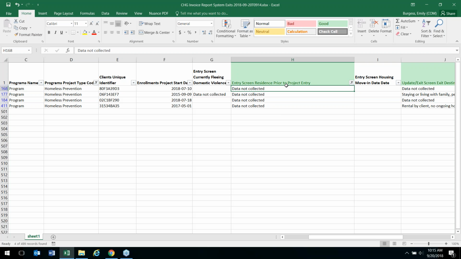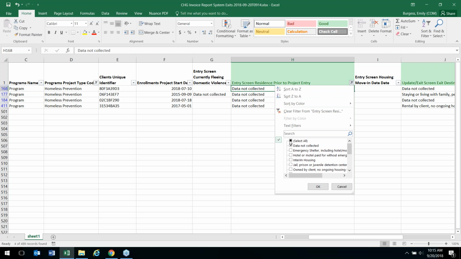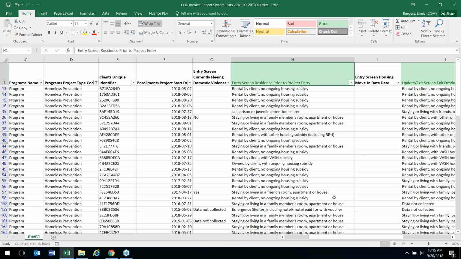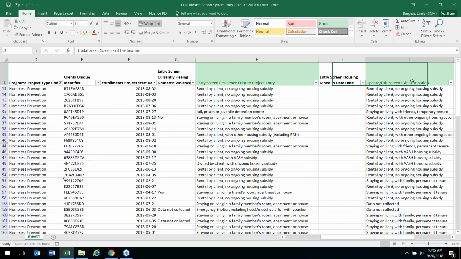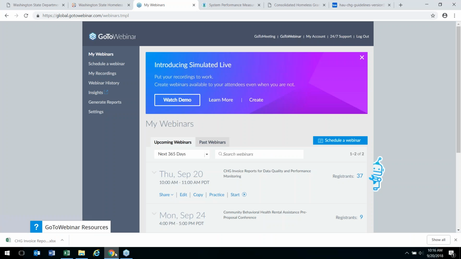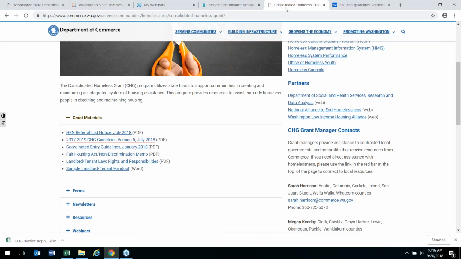Okay. So you want to check the residence prior to project entry and the destination. Those are really important because those are the elements that are called out in the CHG guidelines, and they're also the elements that are reported on the county report card. So in the CHG guidelines,